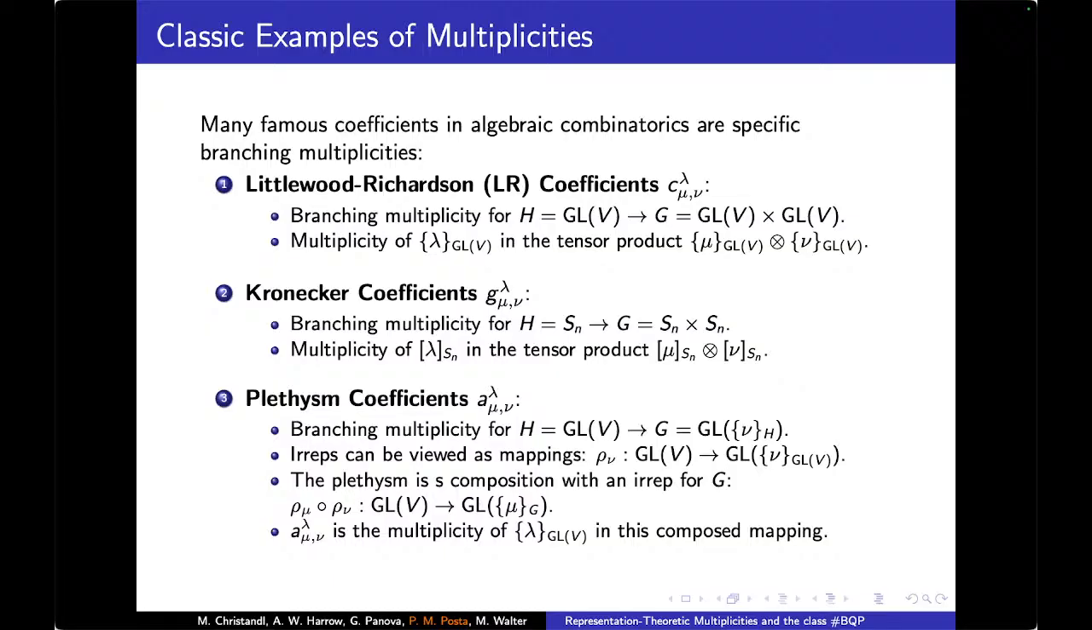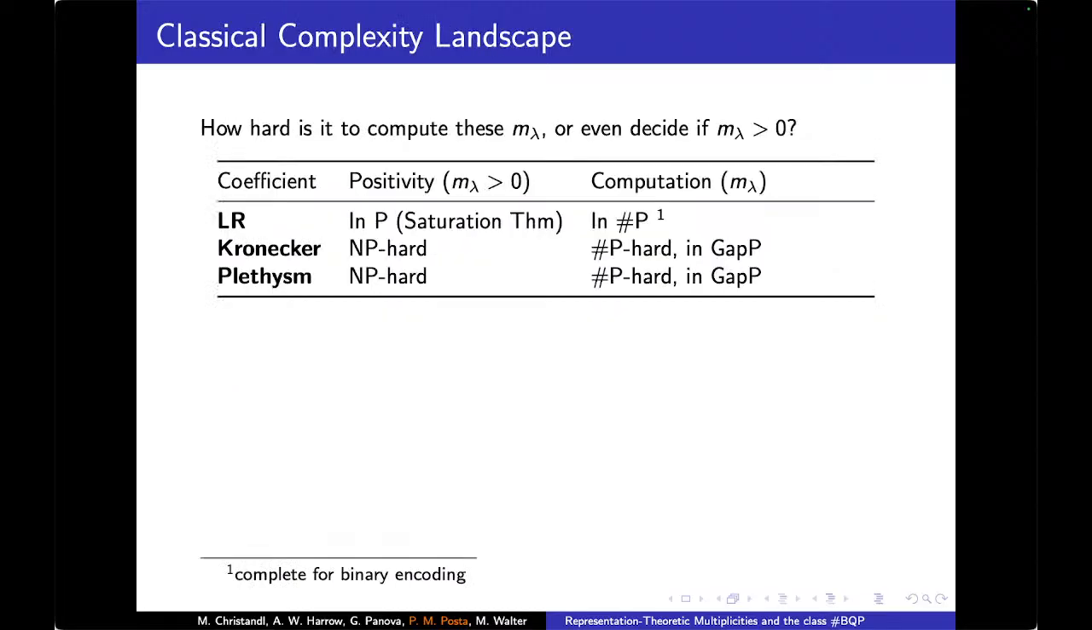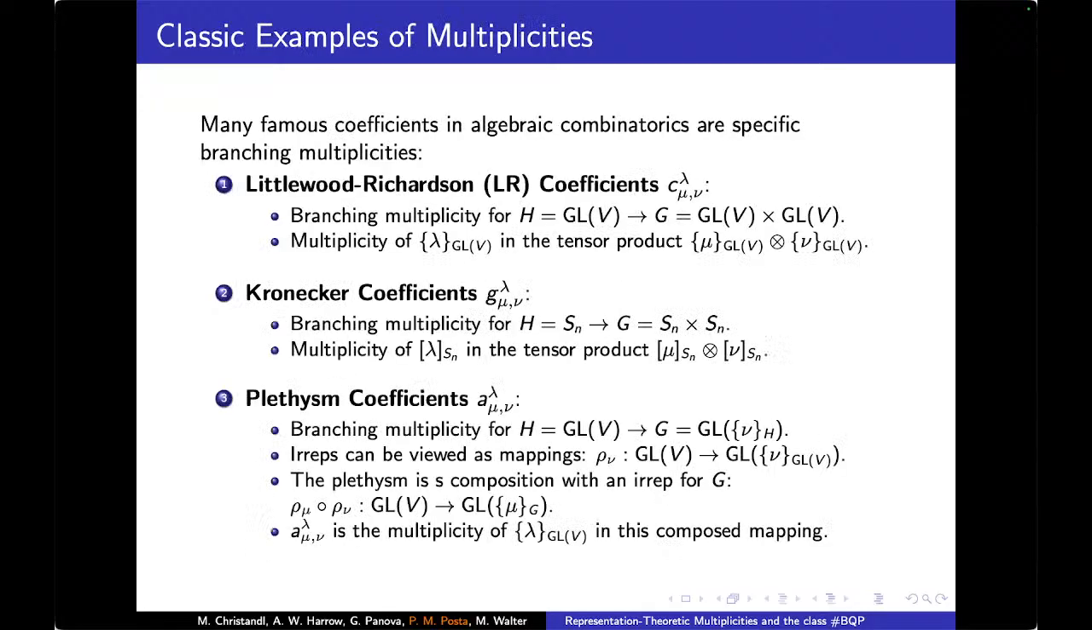And when you have this mu G space and you want to decompose it, then the coefficients that you get for irreducible representations of H are exactly the plethysm coefficients. Okay, so at least now we have plethysm coefficients, and something that you may notice is that all